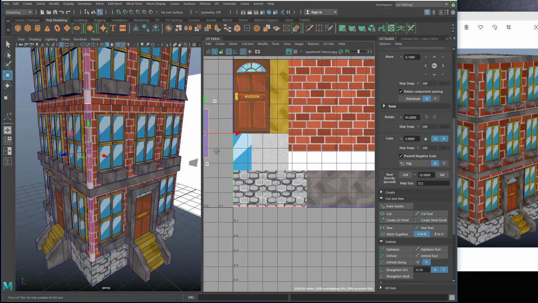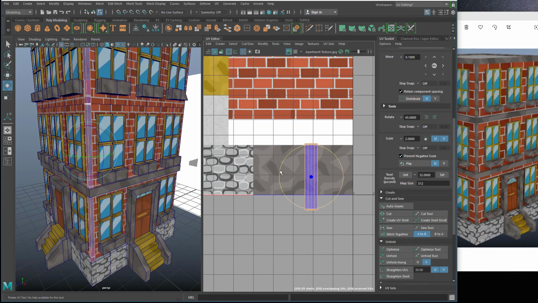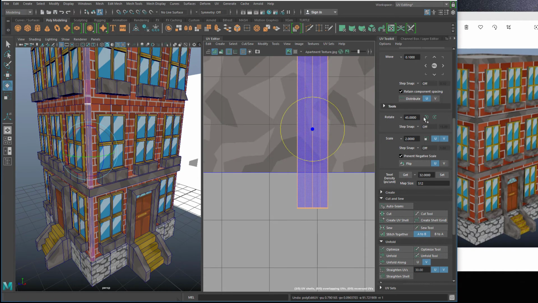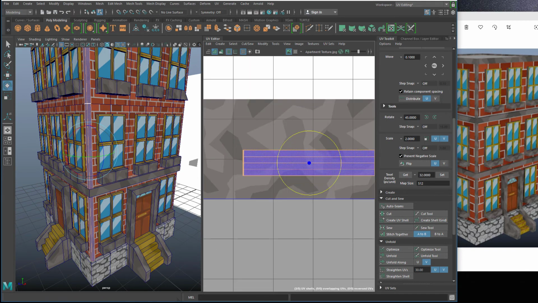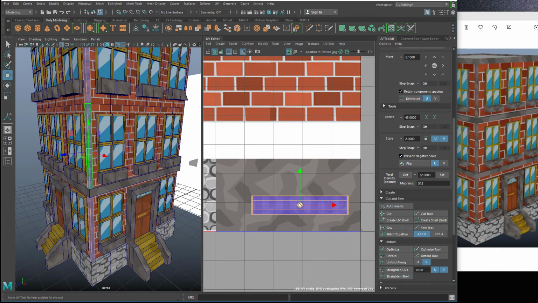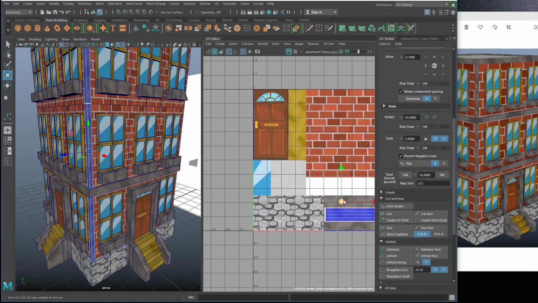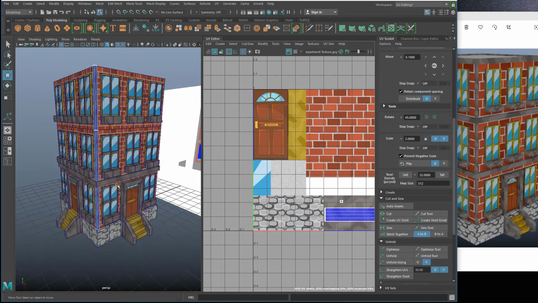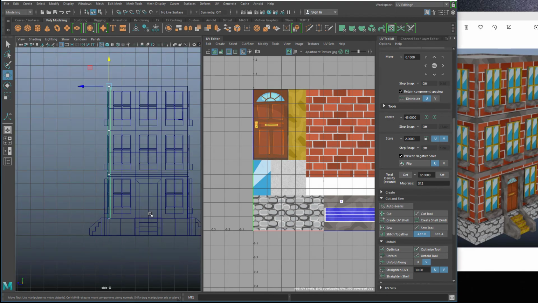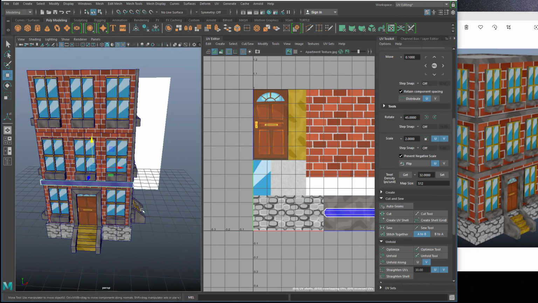Get them roughly consistent, and then move them over to the gray section as well. Alright, so once that's done,